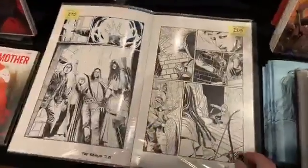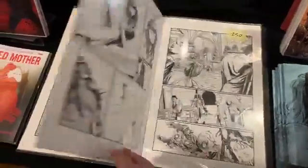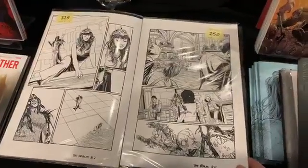Tons of art. I love making art. I love these things. It's always very, very tempting time-wise to,